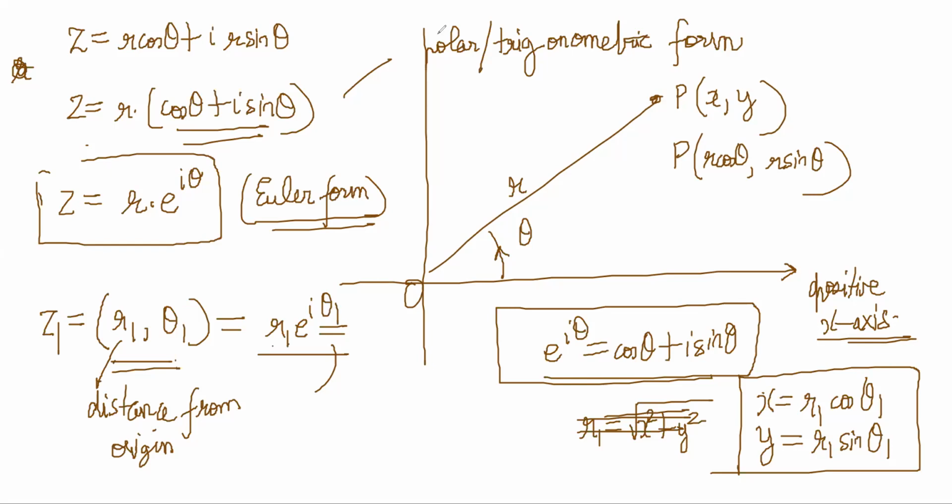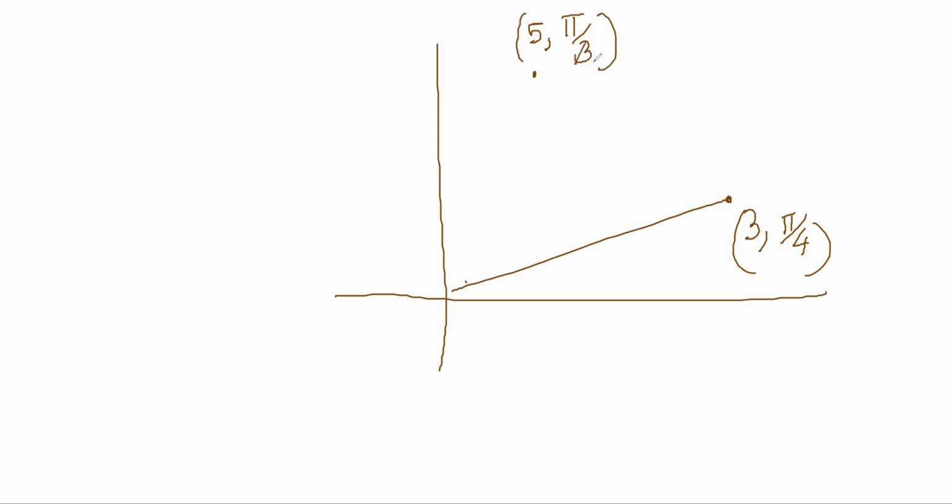So now what we will do is, I will give you two complex numbers and you will tell me the multiplication. So one complex number is (3, pi by 4) and the other complex number is (5, pi by 4). Let's keep it as pi by 4 only. Okay, so now what is (3, pi by 4)? This is r equal to 3, no? And this angle is equal to pi by 4, right? Correct? And the figure is not correct. Okay, fine, I'll draw a better figure. 1 second.